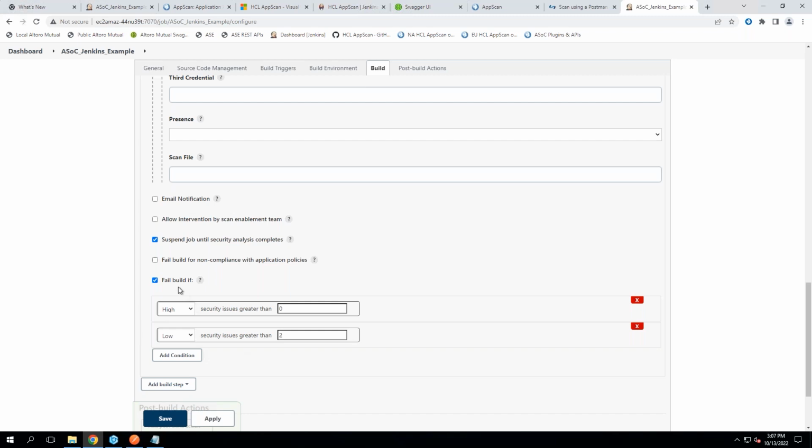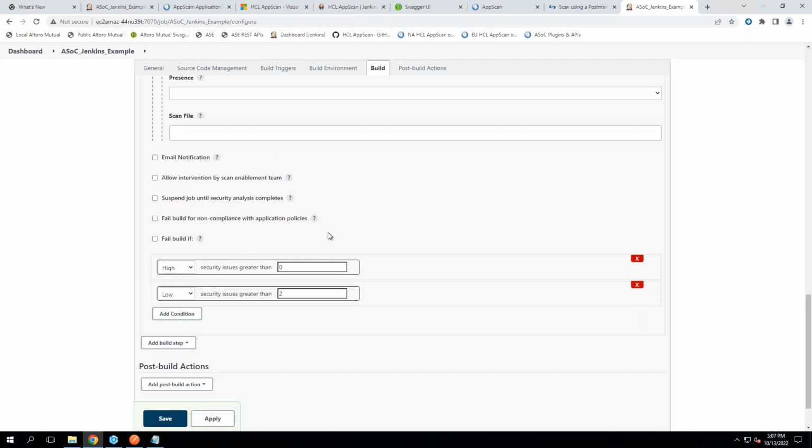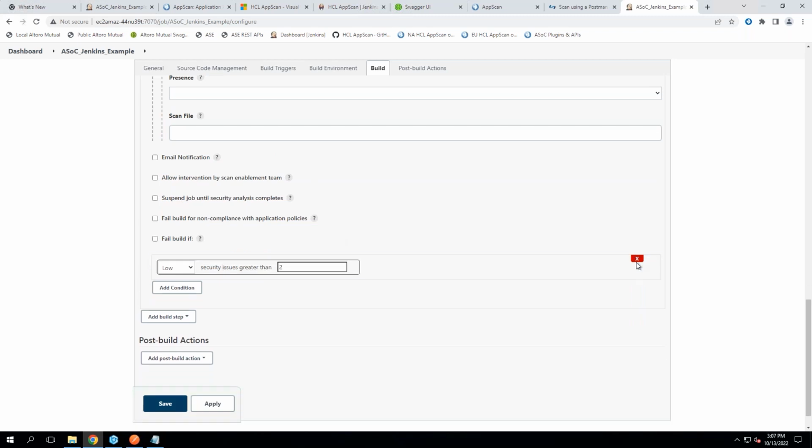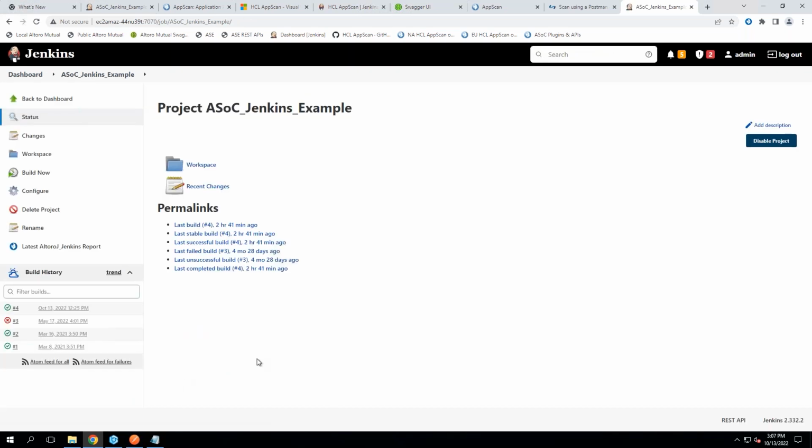I'm not going to use any of this because I do want to just run the scan and allow it to run normally. Okay, and then I can just click on save. After I have saved it, the configuration is now stored in Jenkins. Let's click on build now. Okay, and then if you look at the build history,